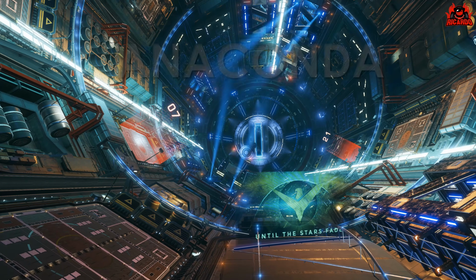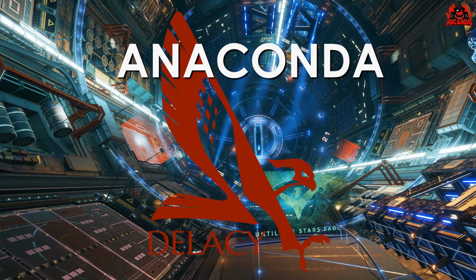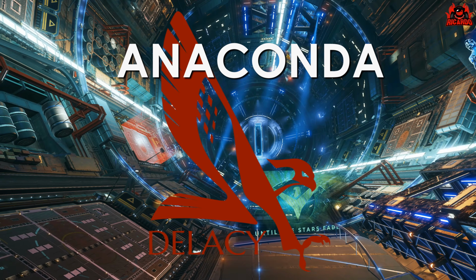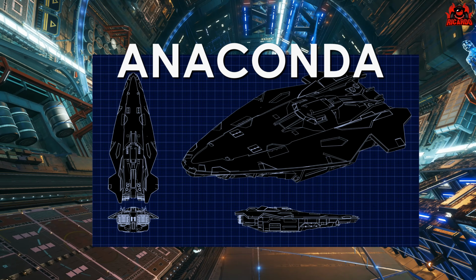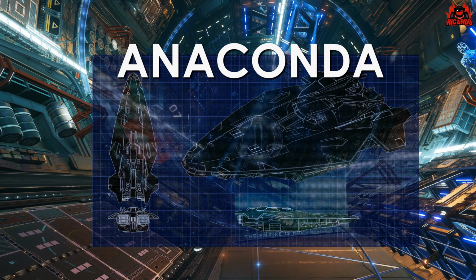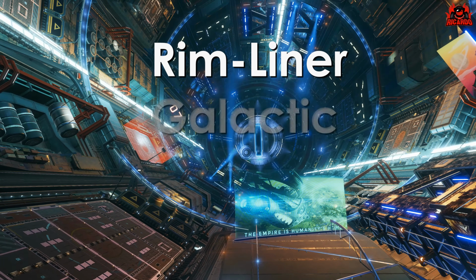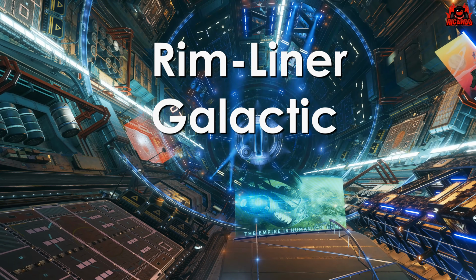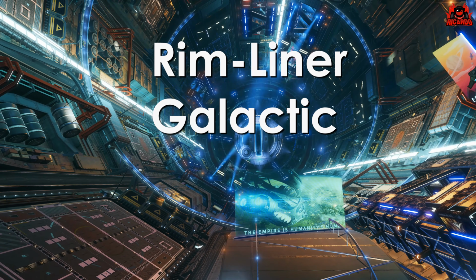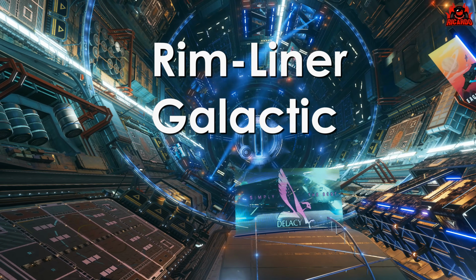The Anaconda is a ship manufactured by Falcon Delacy. It's a ponderous yet highly versatile vessel that can excel in multi-roles and truly is a multi-superiority ship. The Anaconda was originally produced by RIM Liner Galactic and debuted in 2856. The template eventually came into Falcon Delacy's possession following a series of mergers, and only minor changes have been made